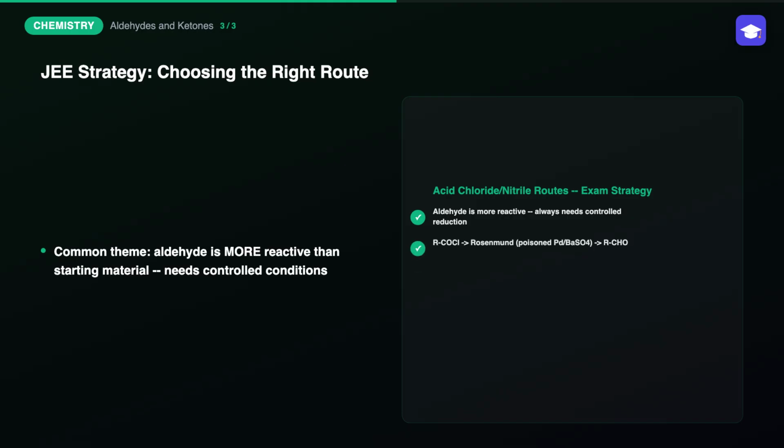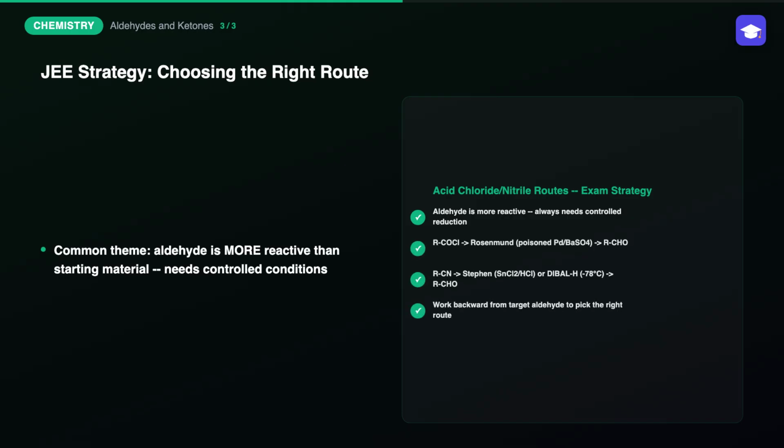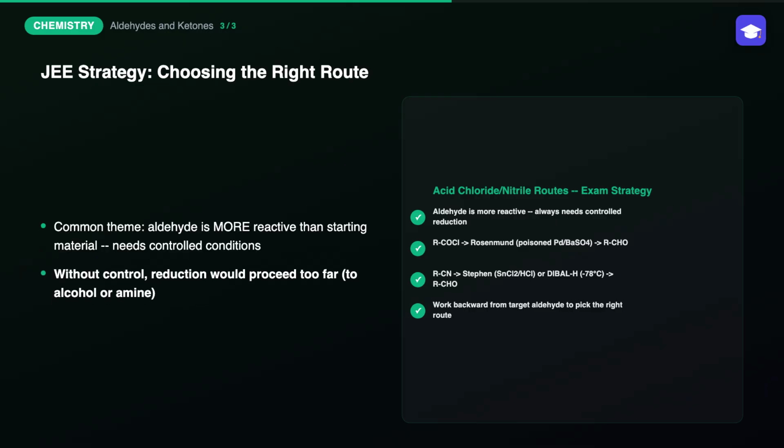The single most frequently tested JEE skill here is genuinely recognizing why control conditions matter so much in each of these methods, whether it's a poisoned catalyst, a low temperature, or a specific mild reducing agent. The underlying theme across all of them is genuinely the same: aldehydes are more reactive toward further reduction than the starting material, so without careful, deliberate control the reaction would simply proceed too far, past the aldehyde, straight to the